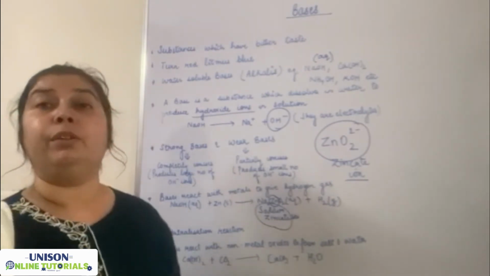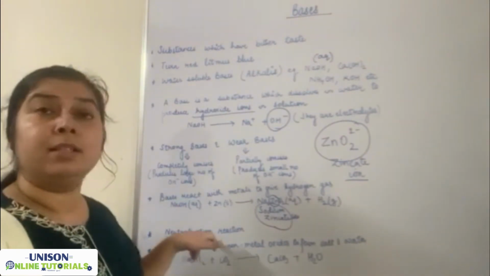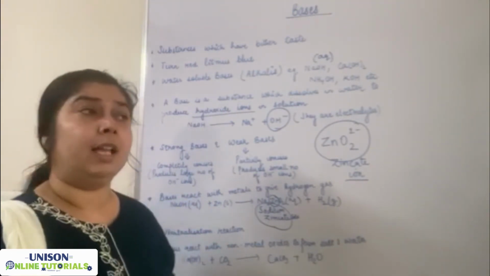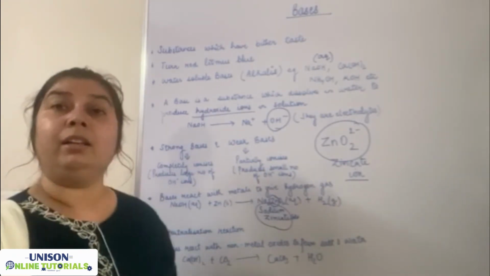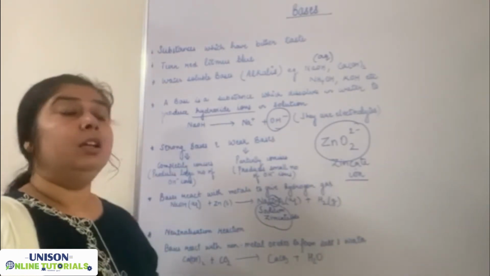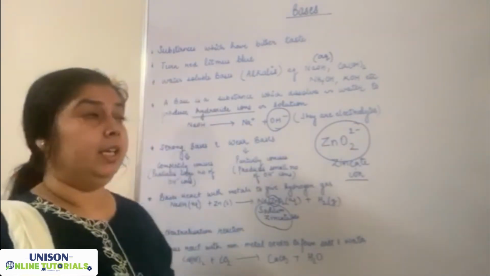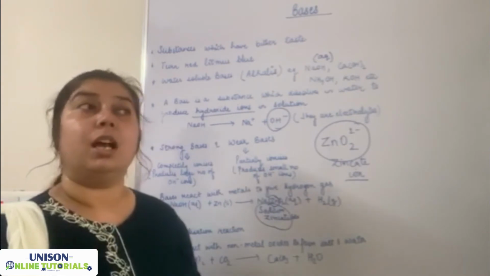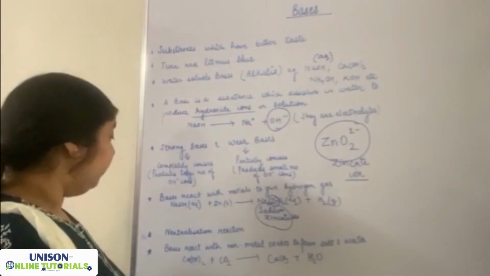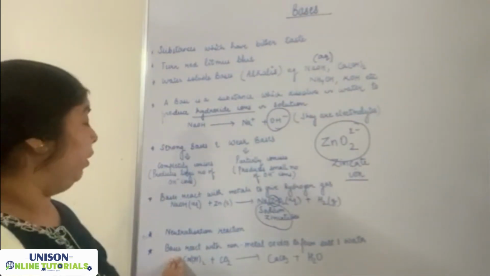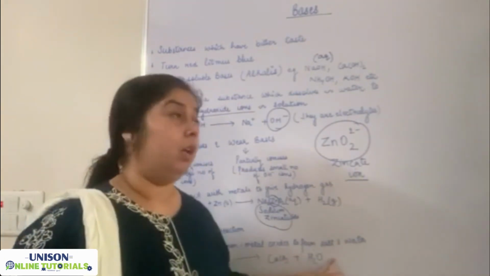This also we had discussed in the previous class, that neutralization reactions we see in our daily lives also, because when we suffer from acidity, that is, excess of HCl is being produced in our stomach, what happens? We take what? Antacid like magnesium hydroxide, that is milk of magnesia, or baking powder. So what will the antacids do in our stomach? They will nullify or cancel the effect. They will neutralize the effect of excess acid that is being produced in our stomach. So this is which reaction? Neutralization reaction.